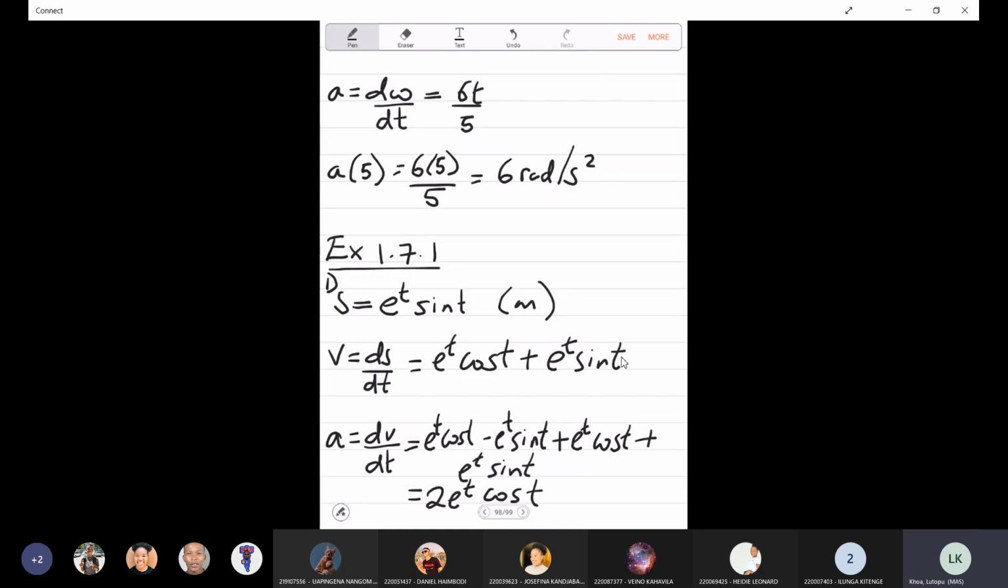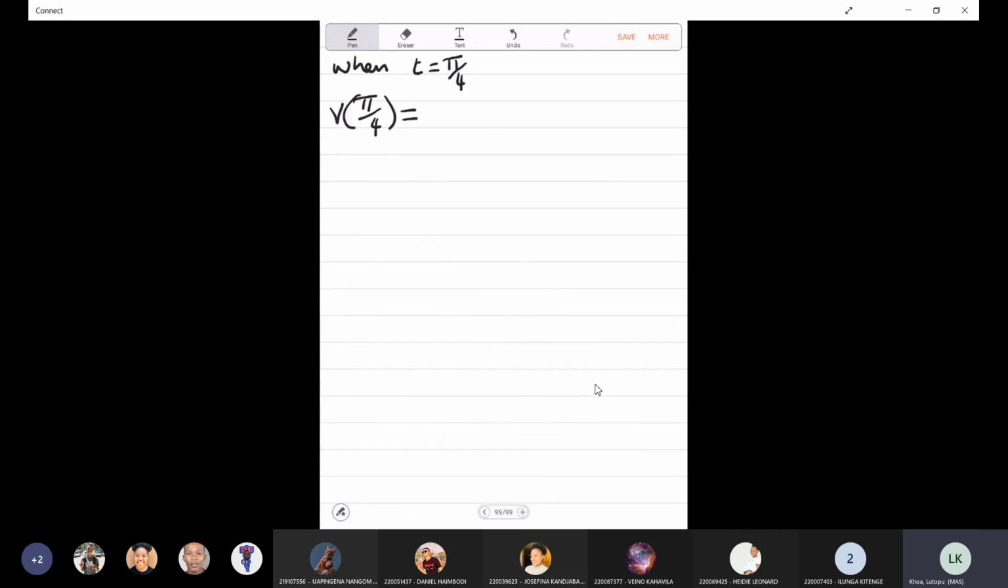And we know that sine and cos of pi over 4 is square root of 2 over 2, or 1 over square root of 2. So we have e to the power of pi over 4 multiplied by cos of pi over 4, plus e to the power of pi over 4 multiplied by sine of pi over 4. So this is e to the power of pi over 4 over the square root of 2